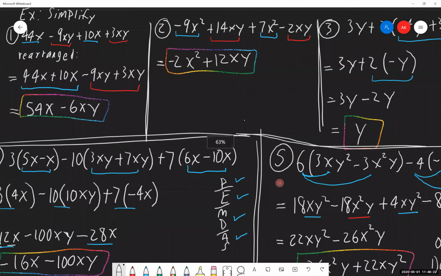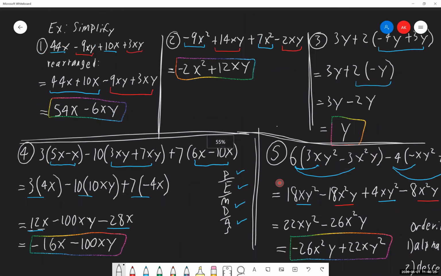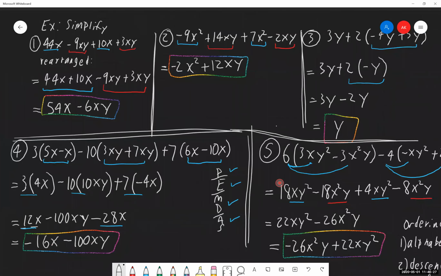The big thing that gets a lot of people in this section and a lot of future sections is thinking, well, this isn't too hard. I can just kind of really quickly skim by and go through it. And as soon as you start rushing yourself, you're going to get errors. So slow down just a little bit, and that might help if you do run into any issues with this on the homework, either for tonight or over the weekend at all.